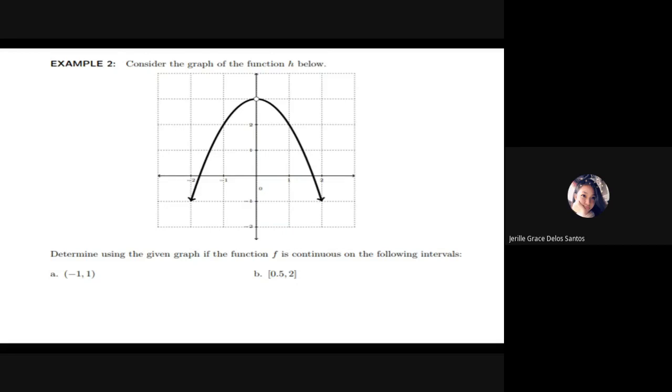Very good. The answer is discontinuous, because when we trace the graph from -1 to 1, we will be interrupted by the value x equal to 0. So we need to lift our pen before going to x equal to 1. Okay? Next,